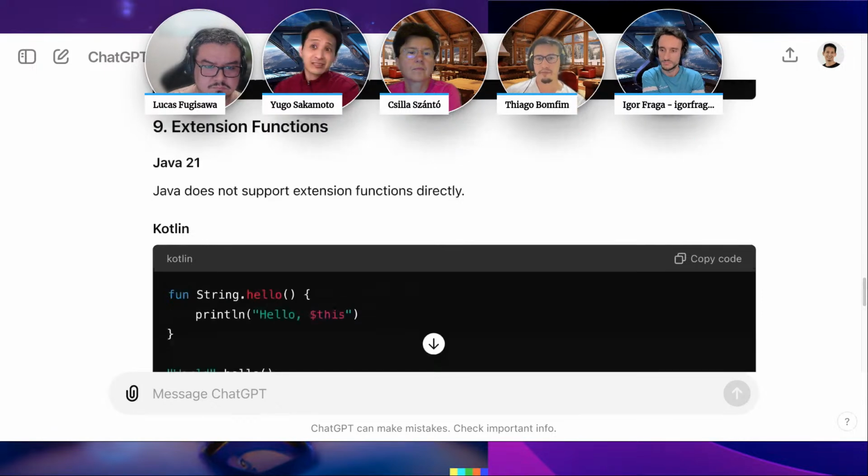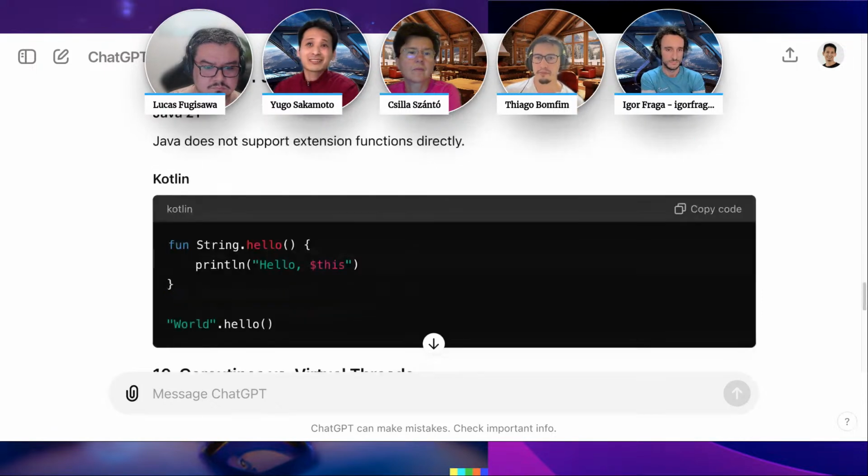It is to append functions to an object, right? For the string, we can create a hello method, and then we can use it for any strings, and they automatically get this static function already on it. And I see a lot of advantage in this feature. At least it is much cleaner than calling a utility class dot hello and passing the string.